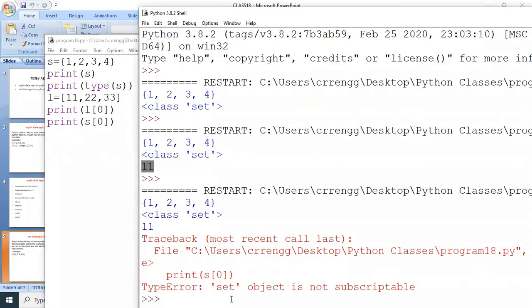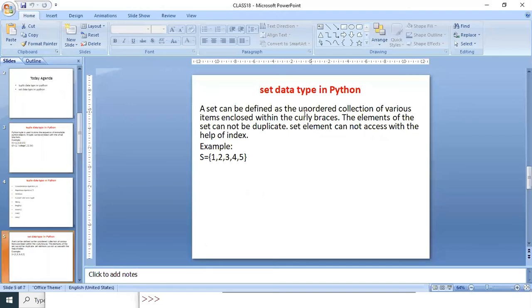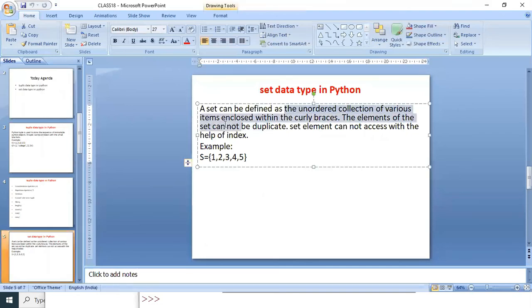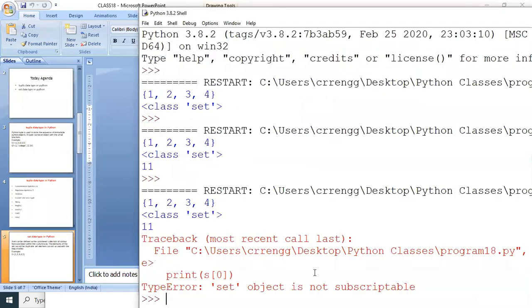You observe that the set object is not subscriptable. Why? Because set has unordered elements. In a set, you are going to store an unordered collection of various items. We cannot access the set elements with the help of an index. If you try to access, then it returns an error.